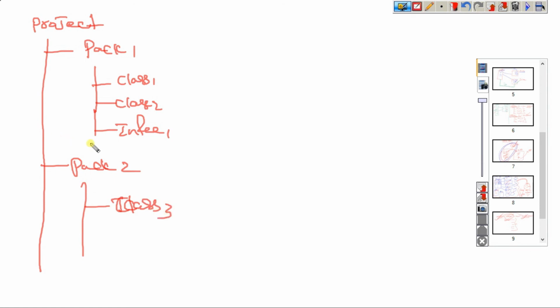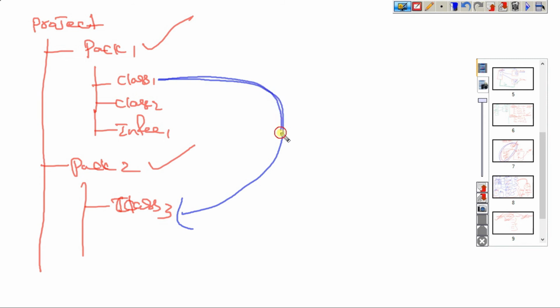This package is different from that package. Now one package's class you are accessing in another package. You are using this class in another class, but from one package to another package.